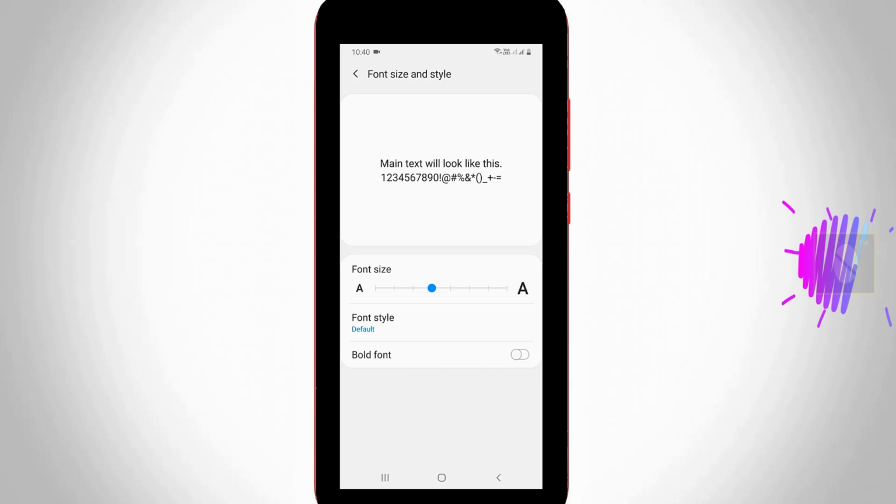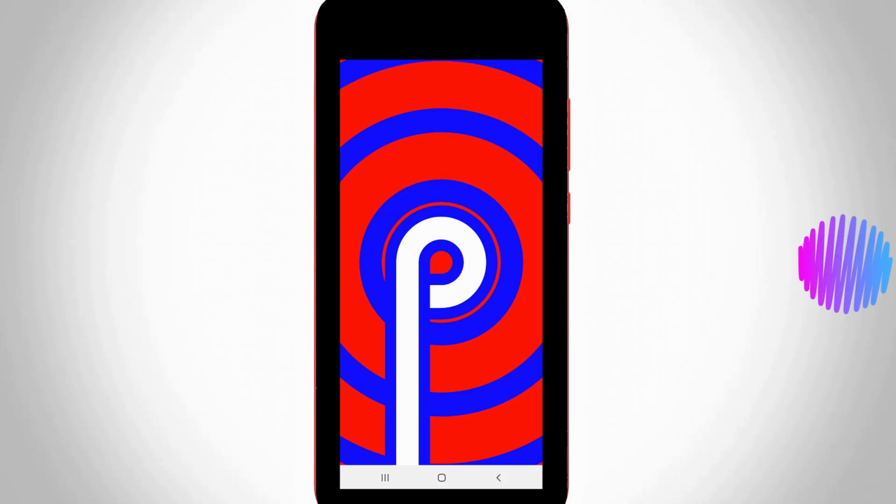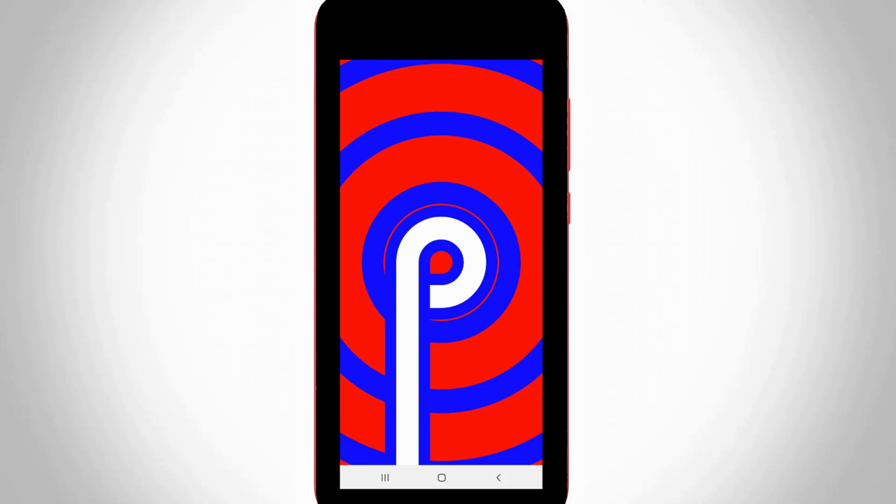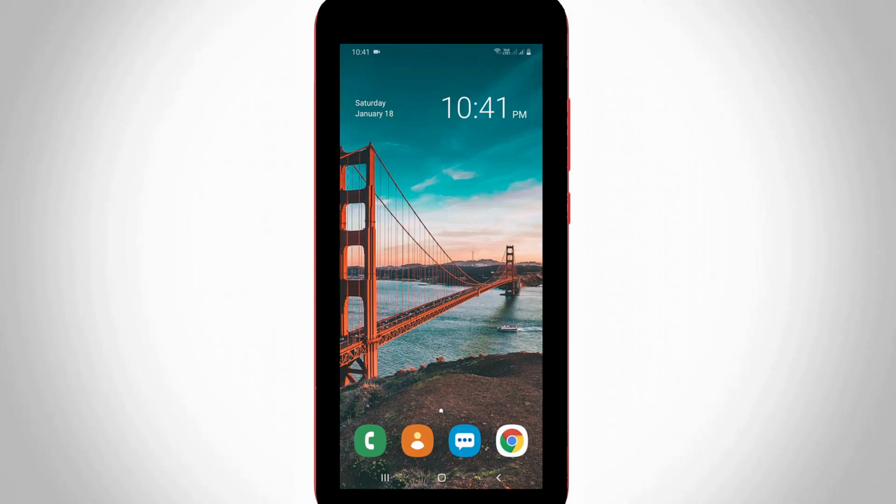So today I will show you how to change font style in your Samsung mobile, and this method almost works for all Samsung mobile devices, but only if you have the Android P operating system. And here you can see this is my Samsung Galaxy M30s device, and here I am using the Samsung default font, but I do not like this font. So if you have the same font, just follow me friends to change it. So let's go to our tutorial.